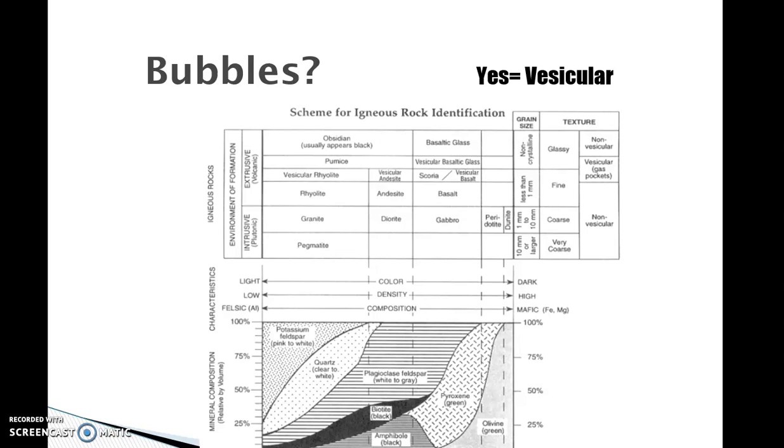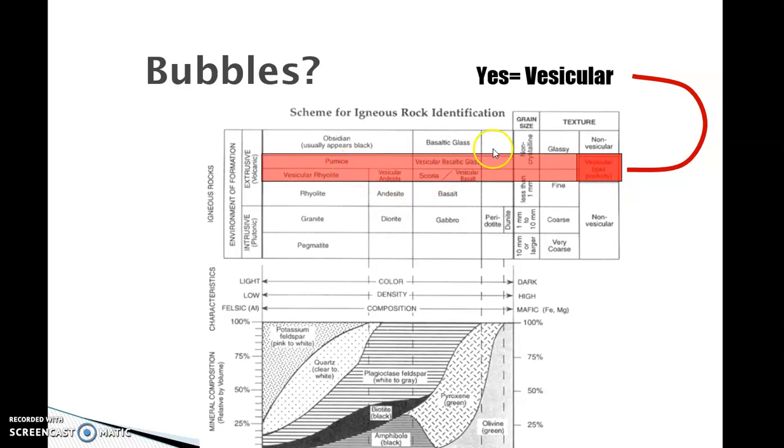You might have heard the term vesicles inside a cell. They're little bubbles in the cell. Well, we got the same thing here, little bubbles. And this is where they are. So if you're anywhere in this category, you're going to find little bubbles. You'll notice that those little holes, those little gas holes, they're only found in extrusive rocks, only found in volcanic